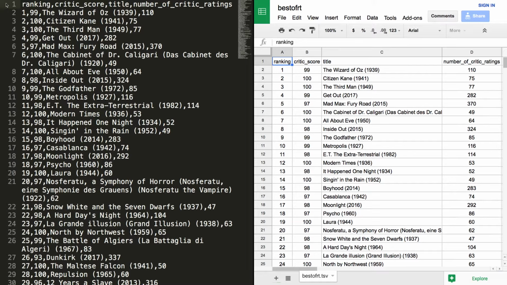These fields are separated by delimiters, like commas for example, as you can see on the left side of the screen. Software like Pandas or spreadsheet applications like Google Sheets, which you can see on the right side of the screen here, use these cues in the data to understand how to represent the data inside their respective programs. So both of these sides of the screen are actually the same file, just opened in different programs, a text editor and a spreadsheet program.